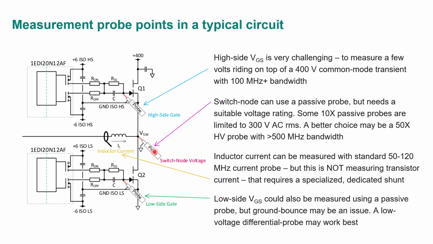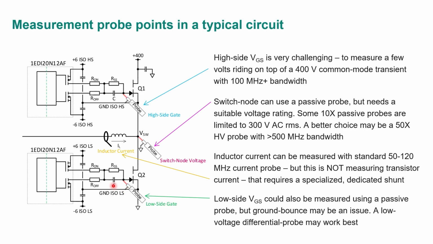There are some in the range of like 1 kV, 1.5 kV that still have really good bandwidth. They're no longer a 10x probe. They're usually like a 50x probe, usually 800 megahertz or so bandwidth, and they work very well here. And again, remember that this ground on the probe is going to connect to the circuit ground. So if I have one passive probe here connected to circuit ground, and I have another one connected to Kelvin source, it's just another reason why you want to use that common mode core. I just put the common mode cores on every probe that goes to the scope, and that solves a lot of noise problems.